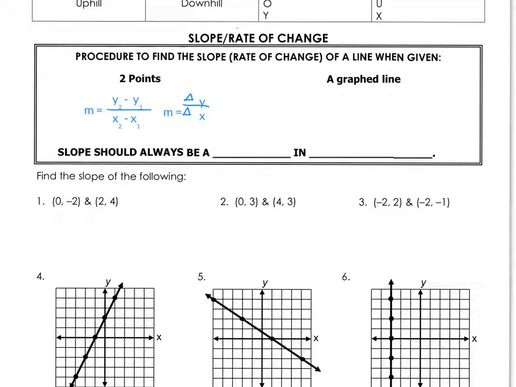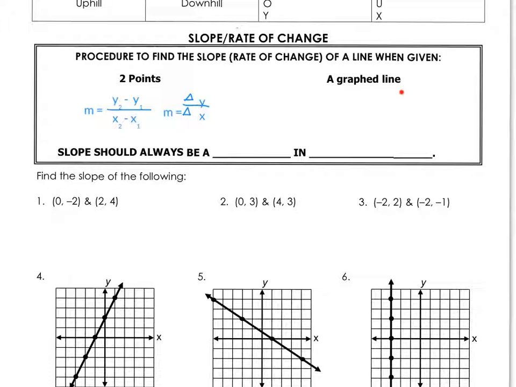So we would write out our 2 points, label them y2, y1, x2, and x1, and just subtract them. But remember, whatever y value we start with, we must go back to that point to get that x value. Now, the other way we can find a slope is if we're given a graph line,